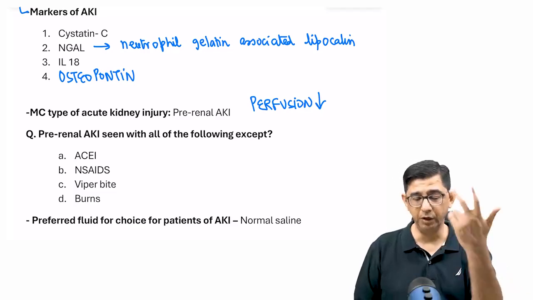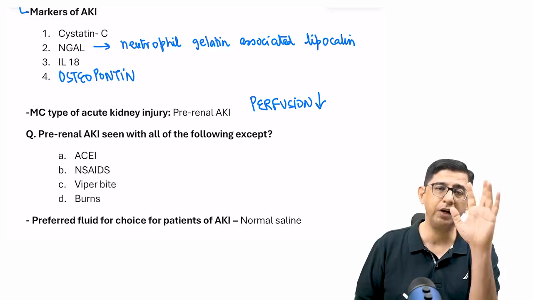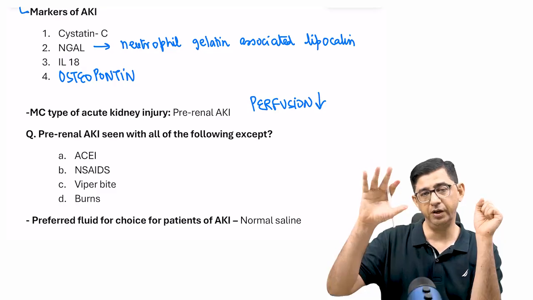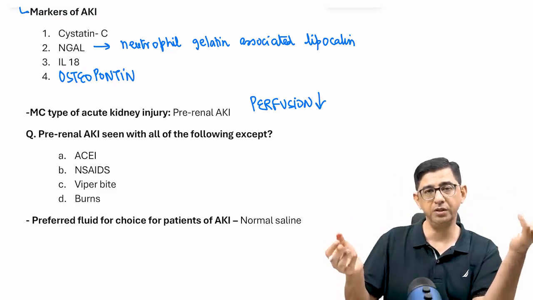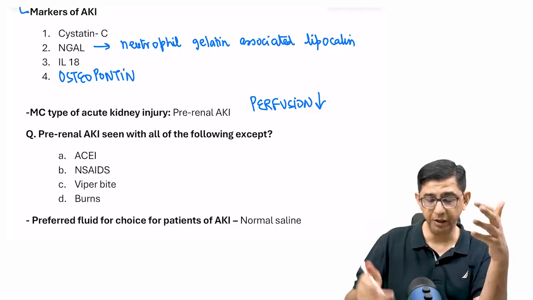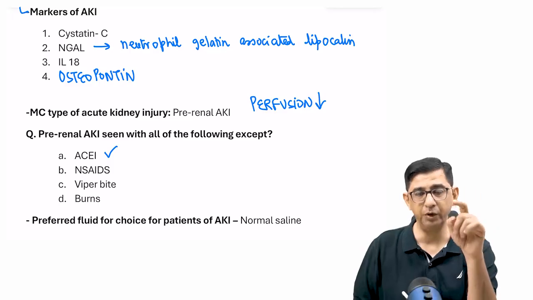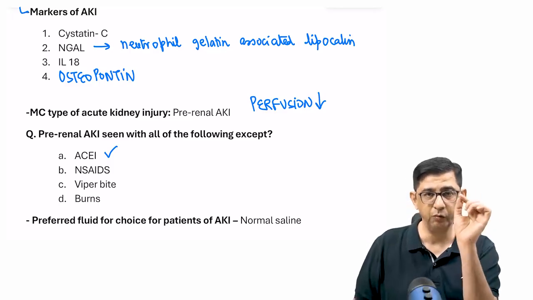So I'm not saying that ACE inhibitor will cause an AKI, but in a person who's already having volume depletion, ACE inhibitor should not be given because it will dilate the efferent arteriole. The guy is already hypotensive. The filtration gradient will be lost and the kidneys will shut down. So we can get a pre-renal acute kidney injury with even ACE inhibitors, but in volume depleted